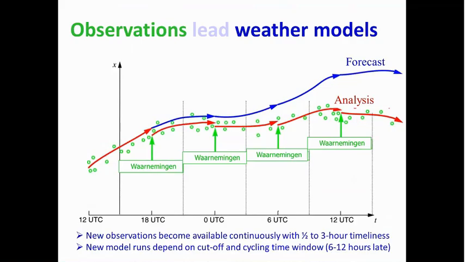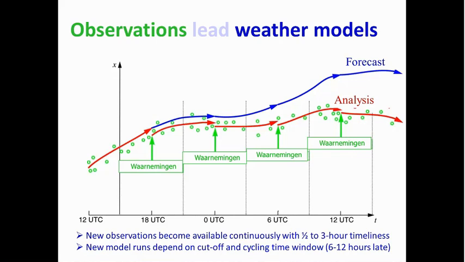So to come back to the point that observations lead weather models, this is just a graph sort of depicting the data assimilation process. So if you start on the left-hand side with the green dots, which are, let's say, observations of a certain variable called x here, and you make these observations probably at different times, then what we typically do is collect these observations in a certain time window. Here it's depicted as a 6-hour time window. And then you can make an analysis of these observations and then make a forecast with a model in time to the next observation window.